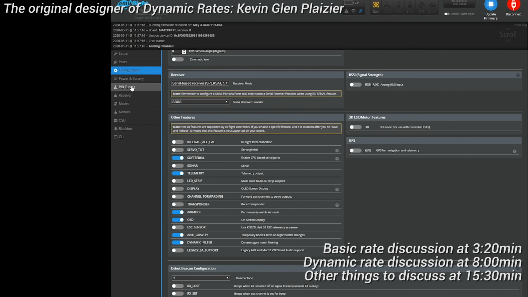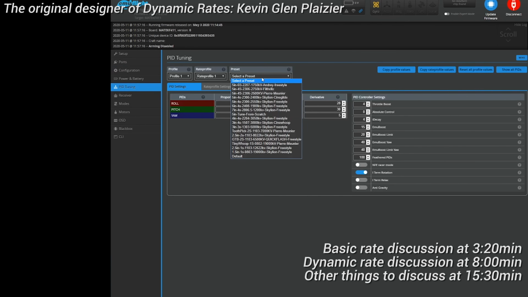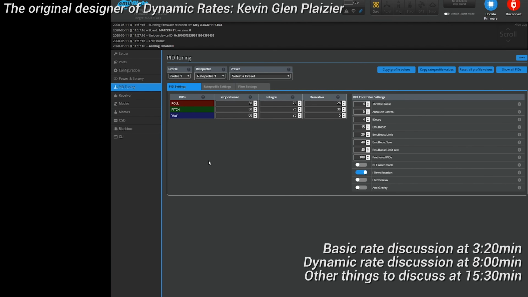Then when you go into the PID menu, which is the thing I'm going to focus on here, you can see that my PIDs are default. I haven't even selected a preset. In EmuFlight, we have all these presets that are designed to be closer tunes to what you might be running out there, which is really nice. But over here, I'm just using straight defaults. I did turn down my throttle boost to 4 instead of 5,